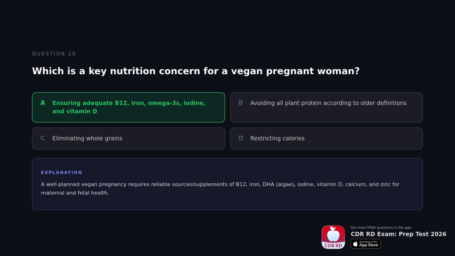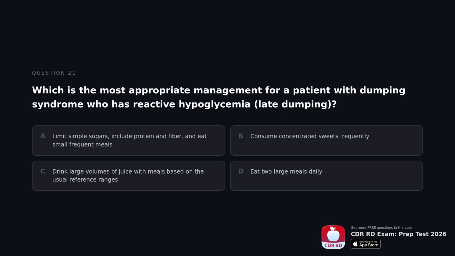The correct answer is ensuring adequate B12, iron, omega-3s, iodine, and vitamin D. A well-planned vegan pregnancy requires reliable sources or supplements of B12, iron, DHA from algae, iodine, vitamin D, calcium, and zinc for maternal and fetal health. Which is the most appropriate management for a patient with dumping syndrome who has reactive hypoglycemia